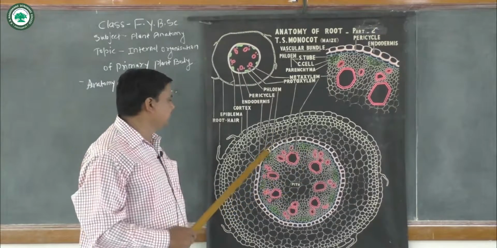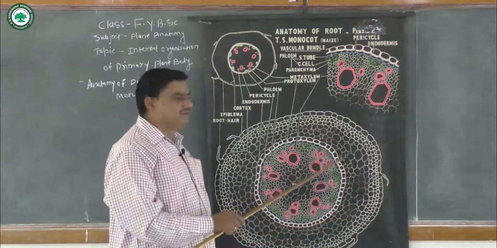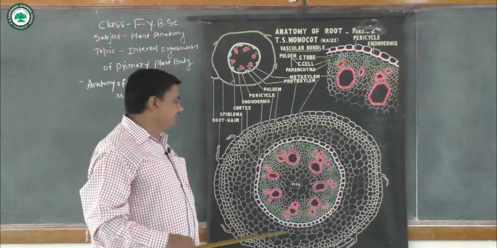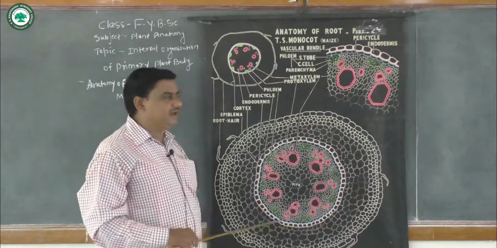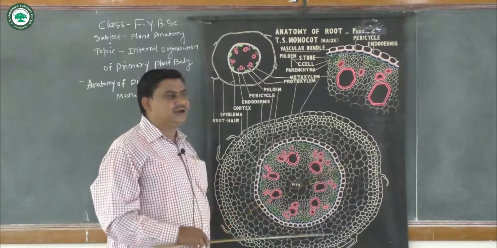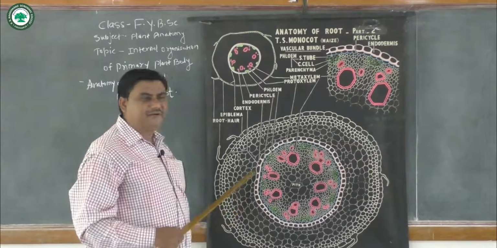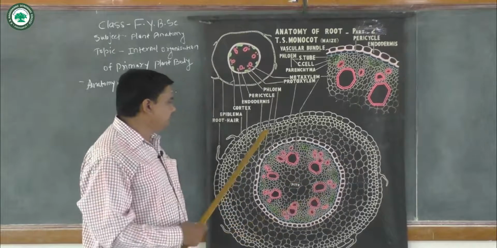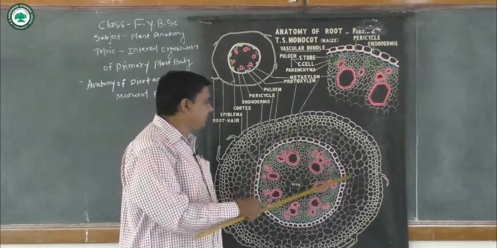Just below the epidermis there is the cortical region or cortex, which is again made up of parenchymatous cells. They are loosely arranged, and there are intercellular spaces present. So the cells are loosely arranged, that's why intercellular space is present. Then there is the cortical region followed by the